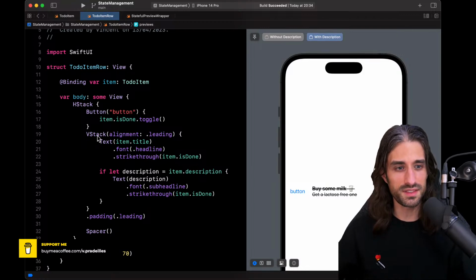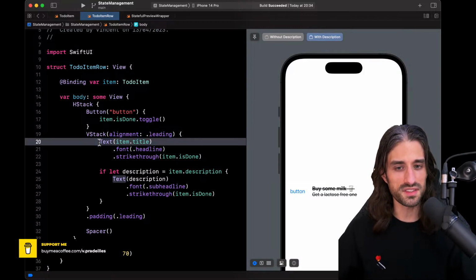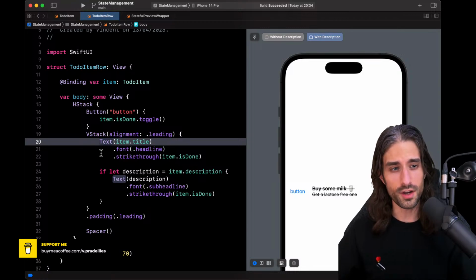And actually, we have this example right under our eyes. The Text view, for instance, is only displaying some text. It's not a TextField. And so the Text doesn't take a binding to some string. It just takes some string. However, a TextField would take a binding to a string because a TextField would need a way to update the data.